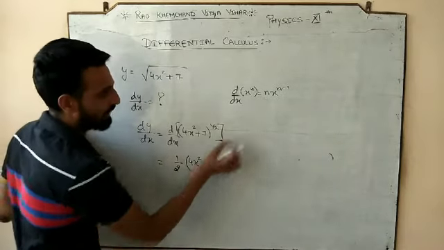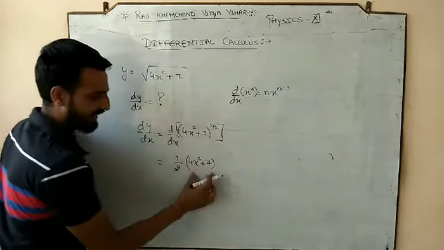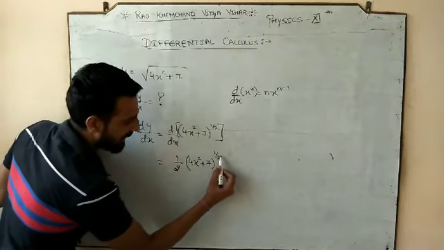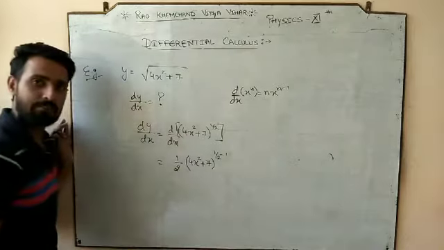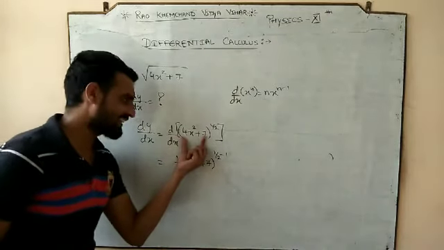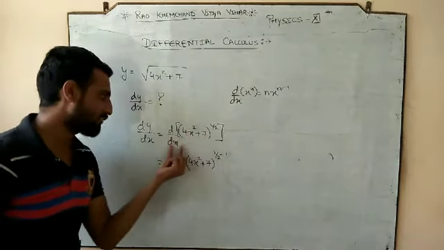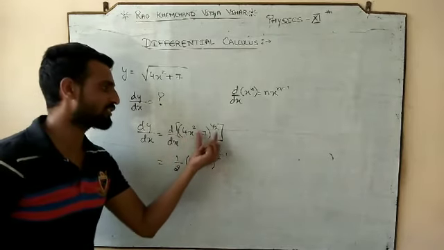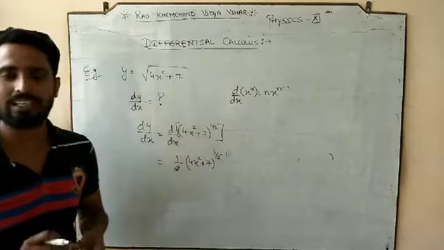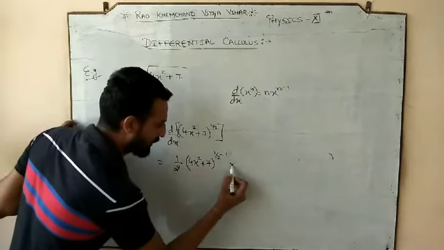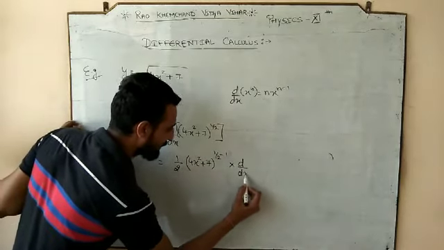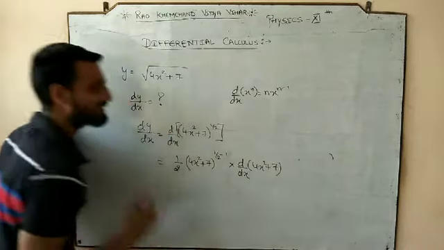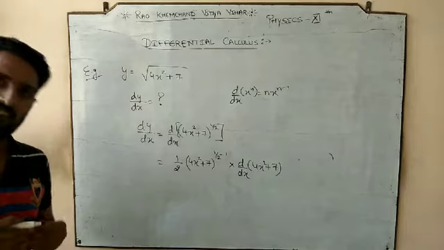So this whole term is behaving like the x, but it is not x, it is a whole term, remaining n minus 1. But since this term is getting differentiated with respect to x, this whole term which had the power is not x, so it is going to get differentiated again with respect to x. This is the chain rule that we have discussed.